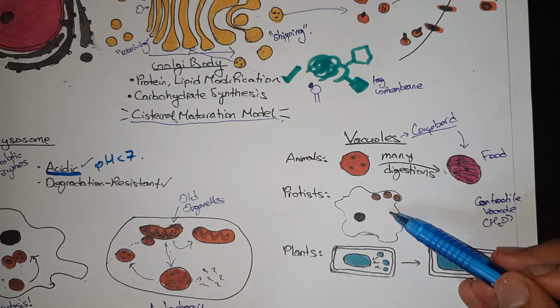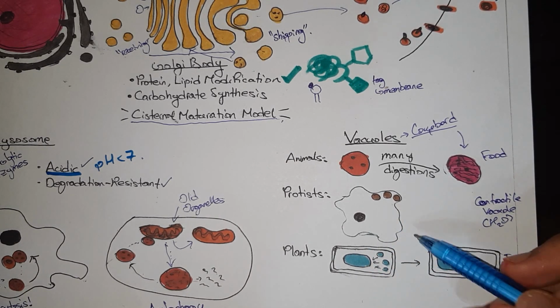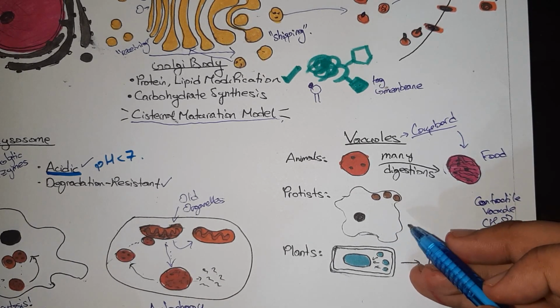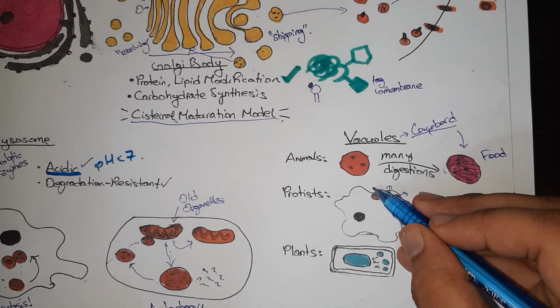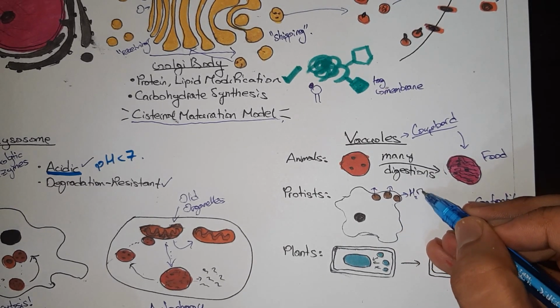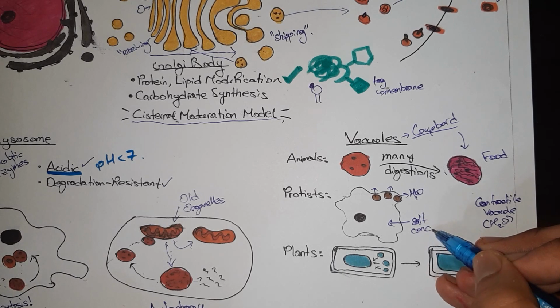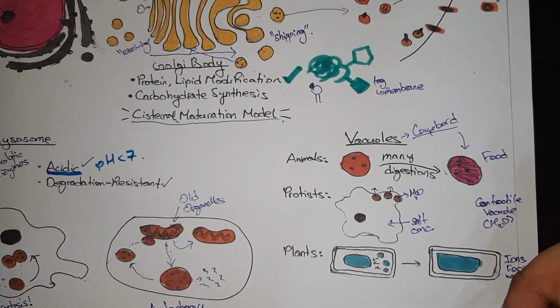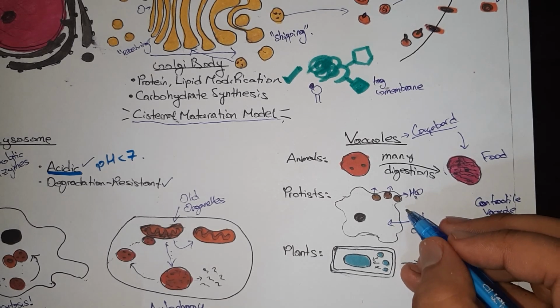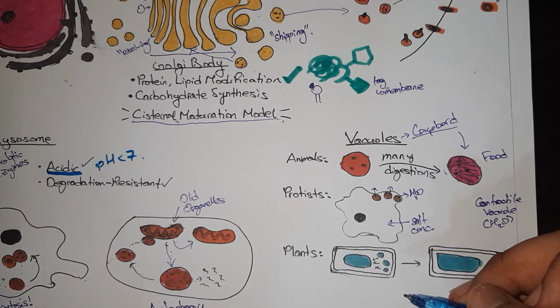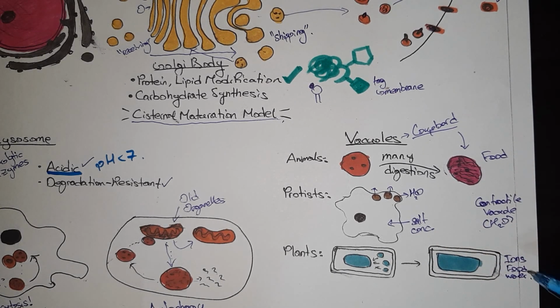In protists, like for example the amoeba, the vacuoles contain water and their purpose is to expel water from the cell. The reason is the amoeba needs to maintain a certain salt concentration. To maintain this salt concentration, it constantly needs to pump out water from the cell. Otherwise, the water will come in by osmosis. So protists constantly need to use their energy to expel the water from the cell. And this is the function of a contractile vacuole. It expels the water by contracting.